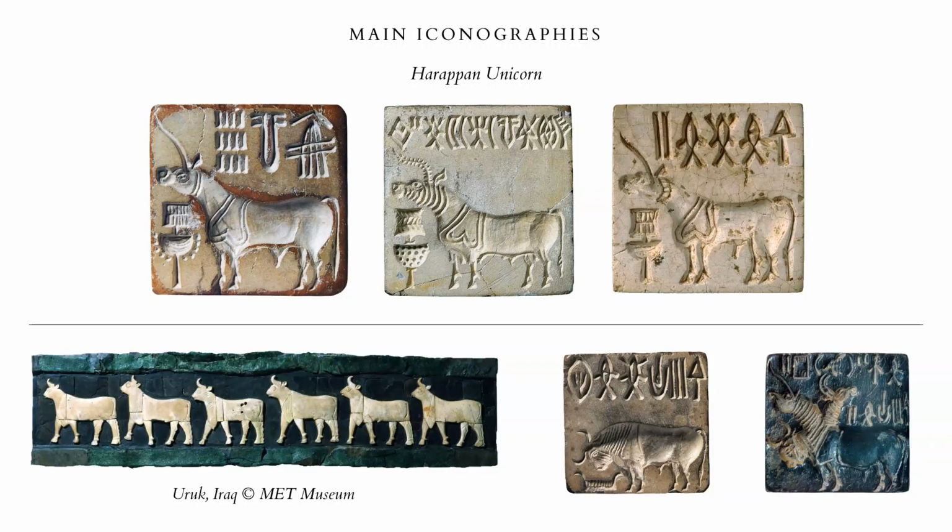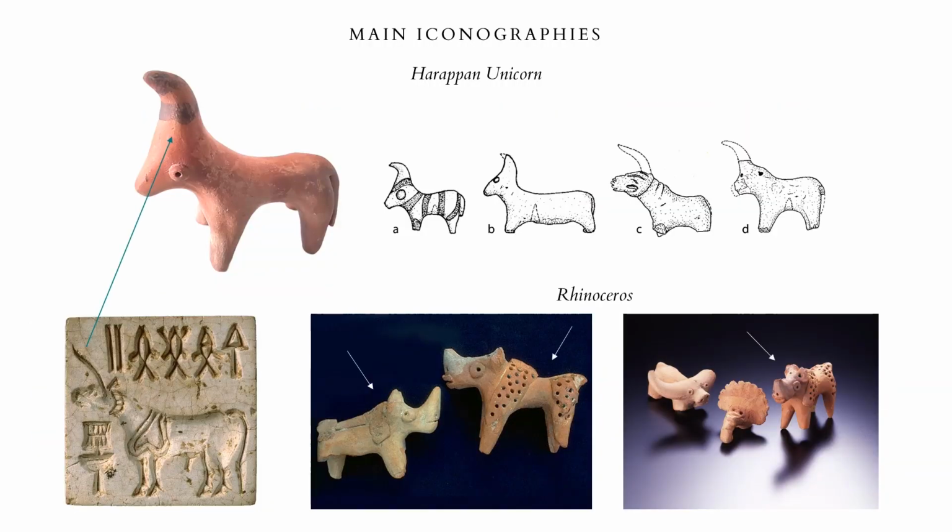In the beginning, most scholars considered the unicorn to be just the distorted representation of a real two-horned bull represented in profile, with the two horns perfectly superimposed, as bulls were rendered in Mesopotamia. However, in the Indus imagery, other bovids or goats are always realistically represented with two horns. Moreover, evident differences in the rendering and shape of the animals and their horns also exclude the possibility that a few seals with the unicorn as a component of multi-headed creatures could have represented the same two-horned animal in different poses.